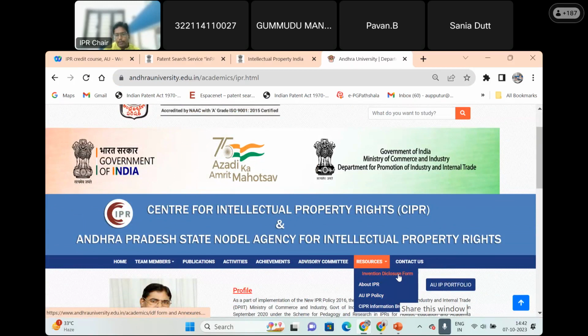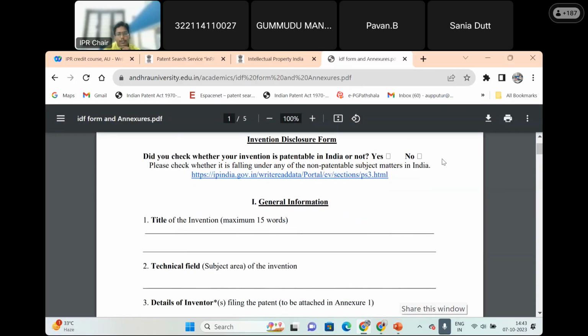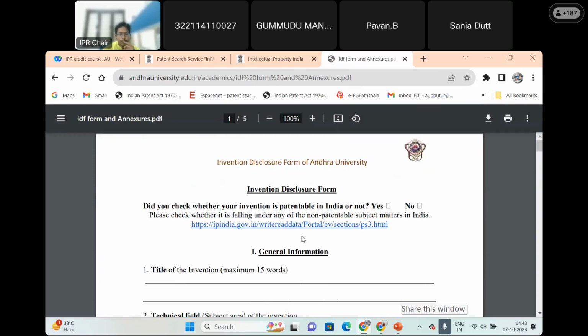This is the form. If you have come up with any invention, then you need to fill this form and send it to us, IPR chair at the rate of andhra.edu.in. So this is the invention disclosure form we have created. It is created by Dr. Sanjay Rai Chaudhary and Ashok Upputuri. That is me. So this is the proprietary form. So based on this form,